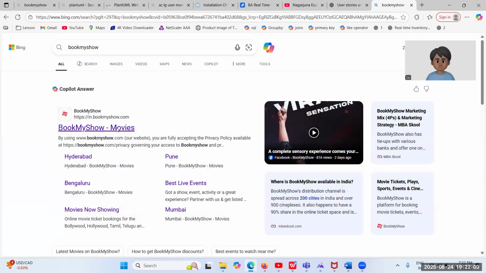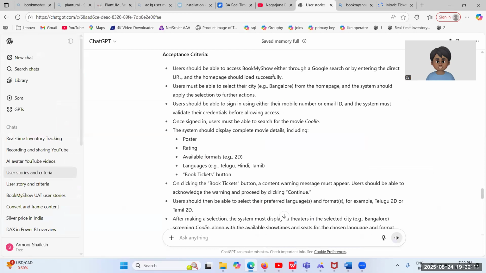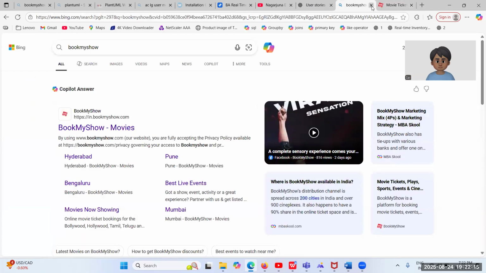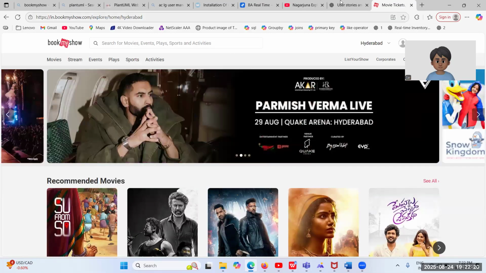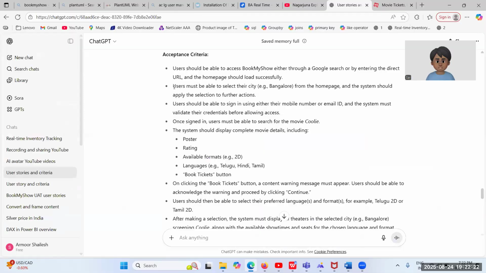Then, as per the user story, I need to land on the homepage successfully. Okay, I landed on the homepage successfully. And what is the next step? The user must be able to select their city, for example Bangalore, from the homepage and the system should apply the selection to